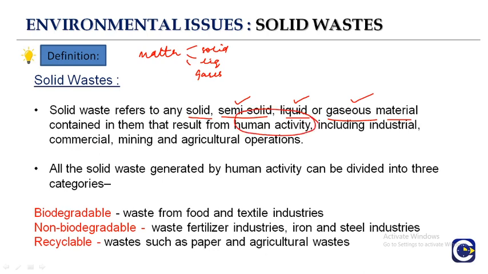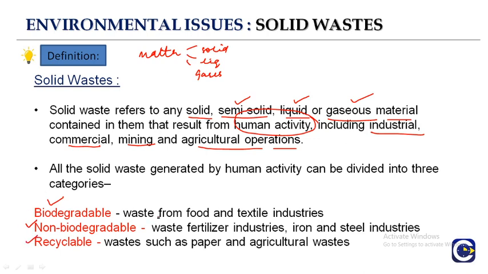If we talk about all the types of pollution, human activity, the anthropogenic activity, is mainly involved. It includes industrial, commercial, mining, and agricultural operations, right? So it includes throwing of garbage, sludge from the wastewater treatment plant, water supply treatment plant, air pollution, everything. All the solid waste generated by human activity can easily be classified into biodegradable, non-biodegradable,